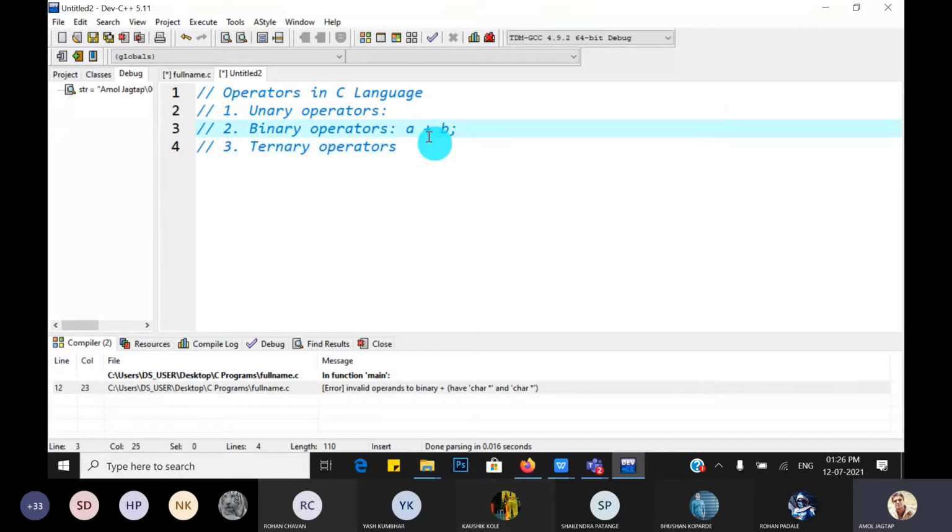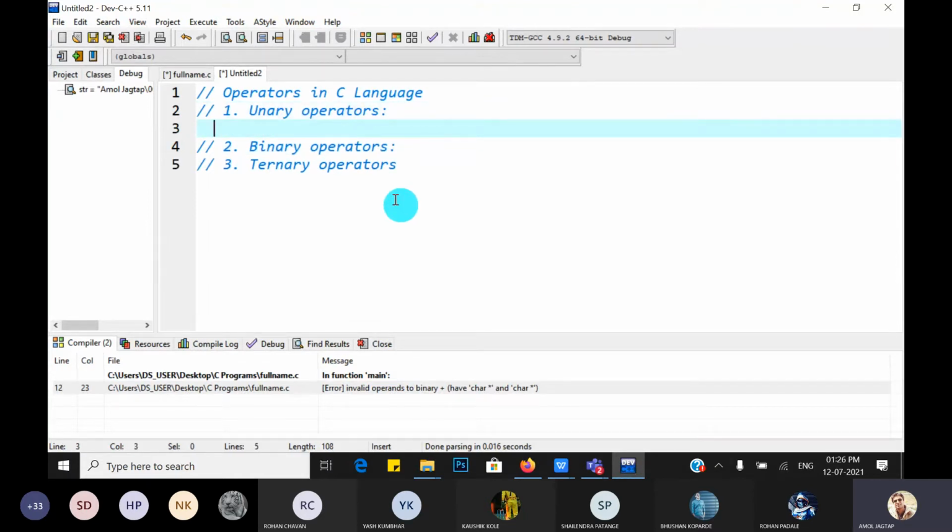In this case a and b are called the operands, and plus is called the operator. Which type of operator? Binary. Why is it called binary? Because the plus operator performs the operation on two operands, a and b.